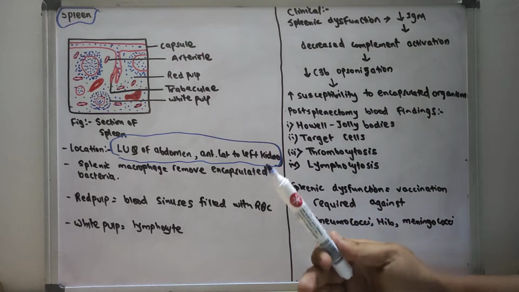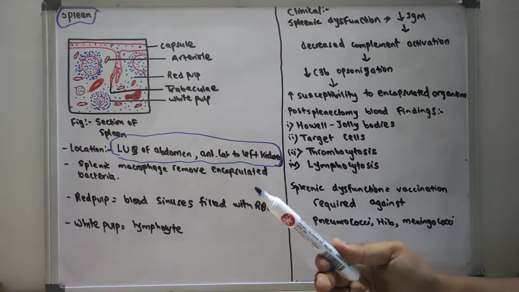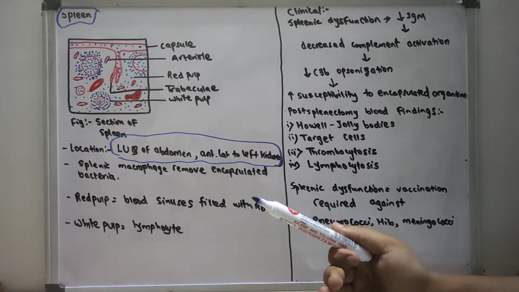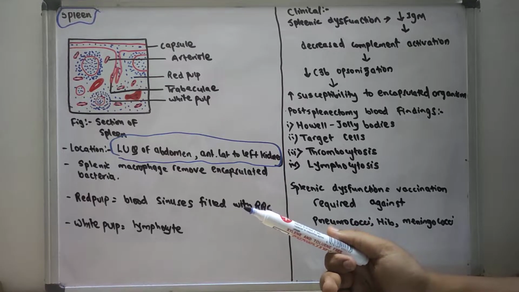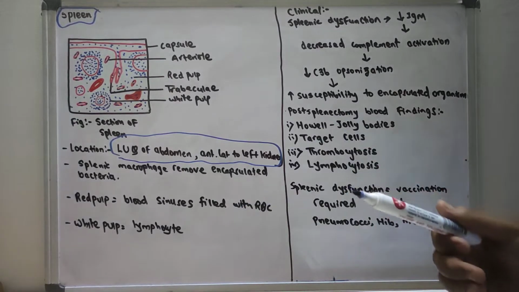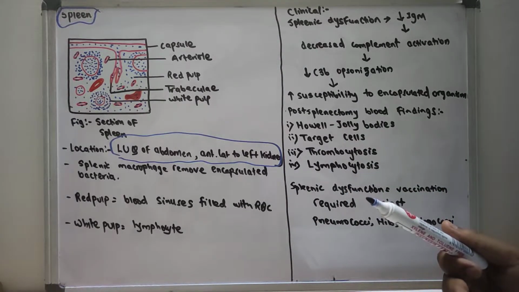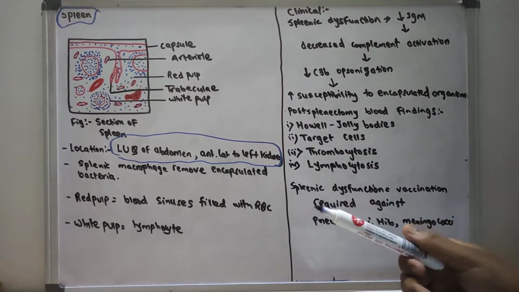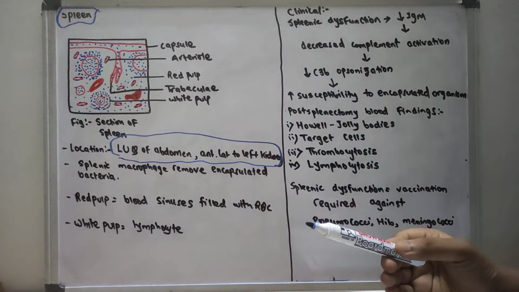So the spleen is similar to the lymph node and it is an encapsulated lymphatic organ. The lymph node filters the lymph while the blood is filtered through the spleen. So the blood is monitored immunologically by the spleen. So in humans, the spleen is a single large organ present in the upper abdomen. As I have already stated, it is present in the left upper quadrant of the abdomen and it is covered